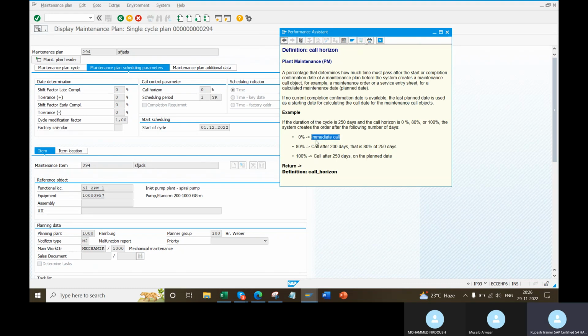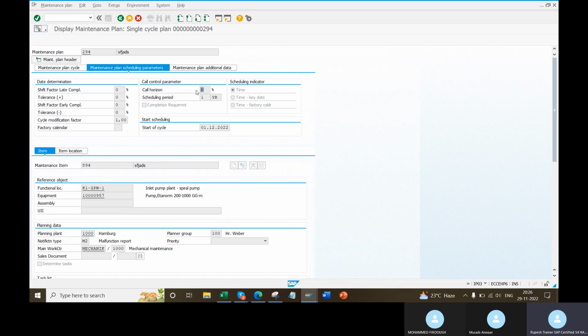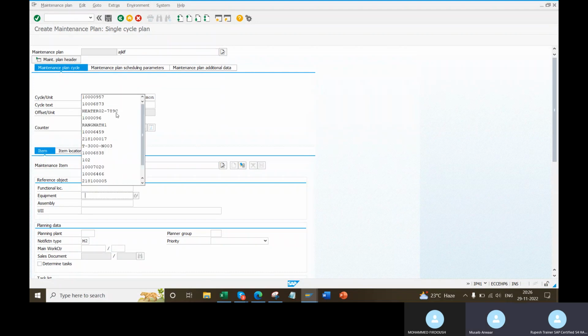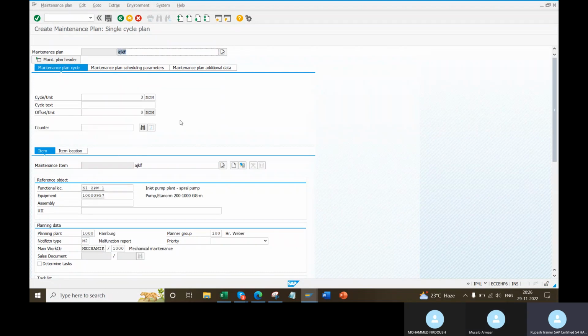I know it. Some error in the system here. I don't know, it should be wrong actually. If 0 means there will be only one call. I had seen many times. It may be an immediate activity for the first plan date. Sir, if we put 0, then it may be an immediate call for the first activity only. Only one activity will come. Why, sir? We are putting 3 months.